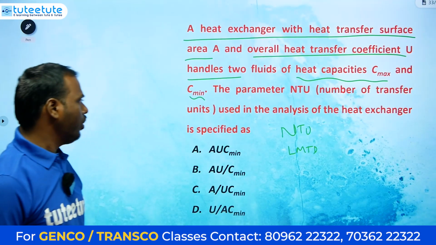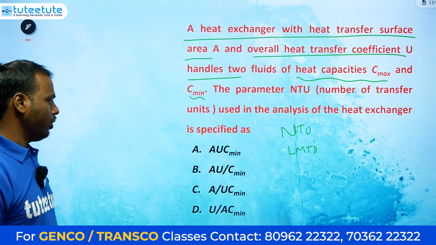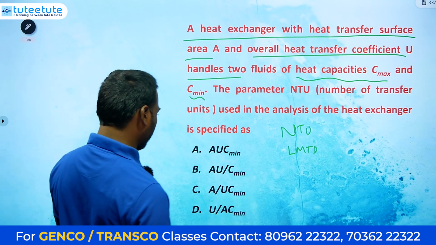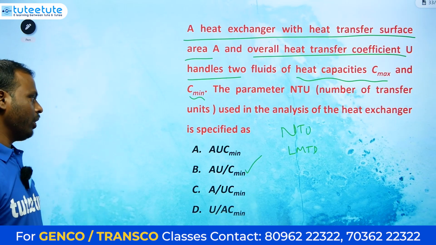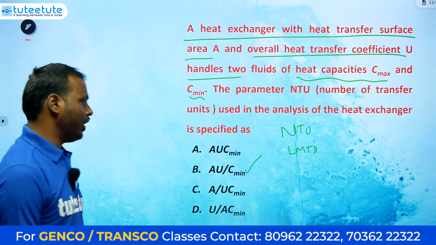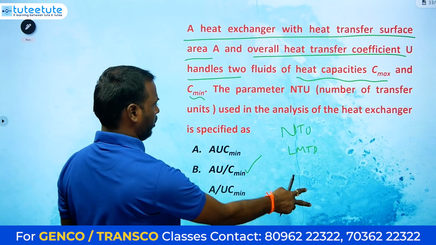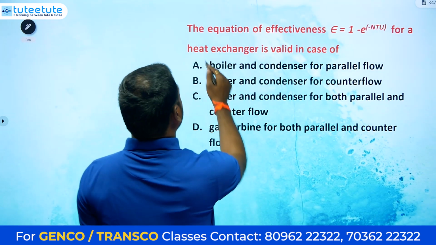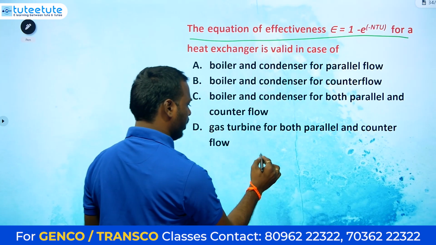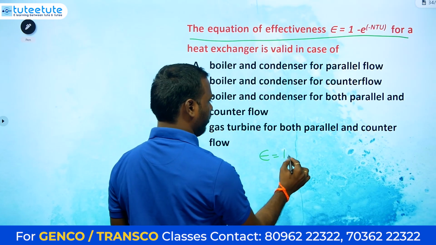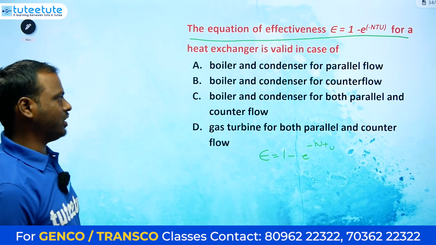In the NTU method, what is NTU? He is asking what is NTU. The answer is AU by C minimum. We will call AU by C minimum as NTU. The effectiveness of the heat exchanger, 1 minus e power minus NTU, for a heat exchanger is valid in case of...